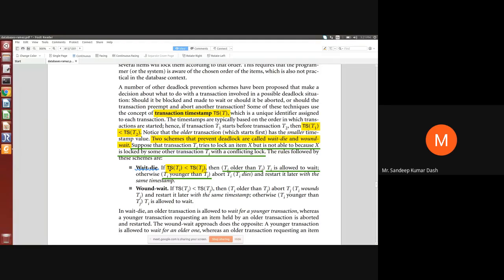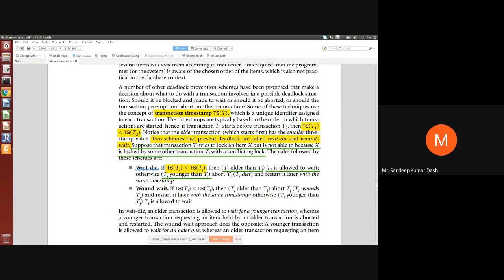I am requesting a read lock on the data item. So what will happen is that I will be allowed to wait. That means in this case I will be allowed to wait. I have to wait until you finish the work and release the lock. Fine. If the case is reverse, that means suppose